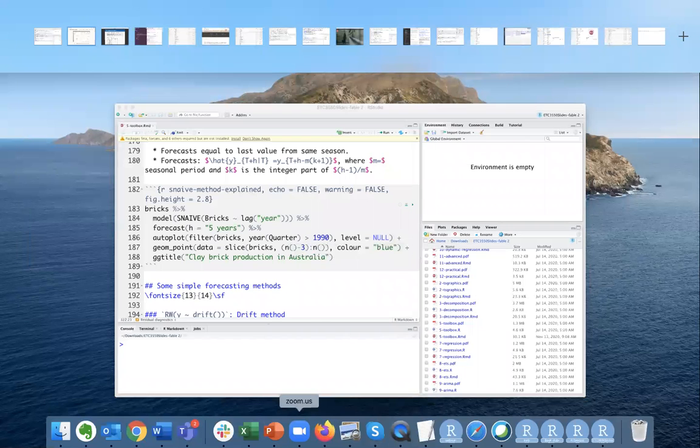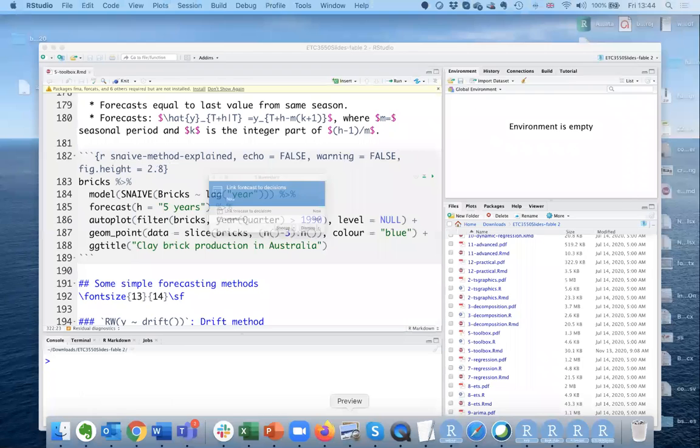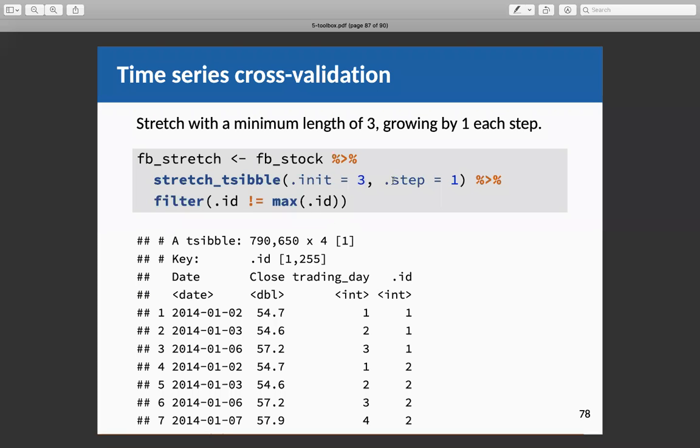And what is the second one? The second one is that step. This corresponds to how many observations I add to my initial time series every time. If I include one by one and increase the size of this initial time series one by one, I put it equal to 1. If it's, let's say, more, I put it more, right? And if I just run this, and here, of course, I'll just ignore this,